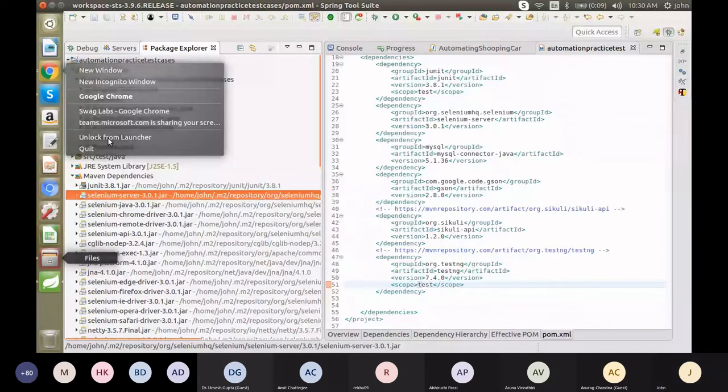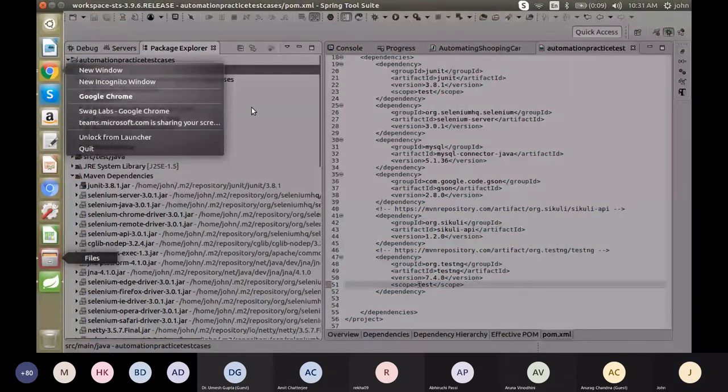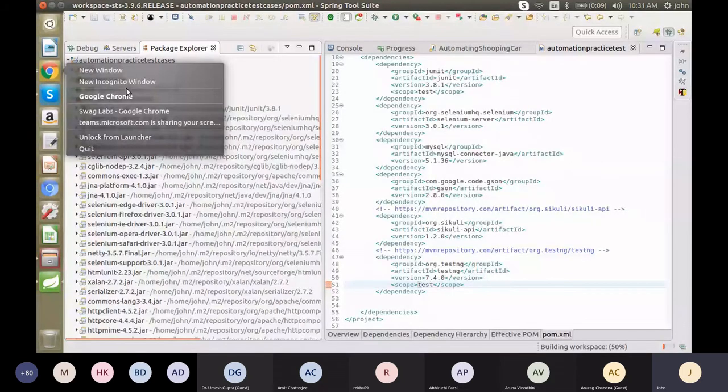So let me right click this application. Here also you can directly go to the build path.